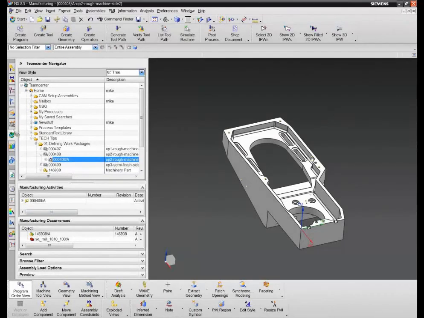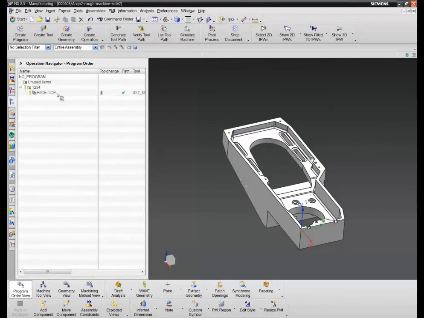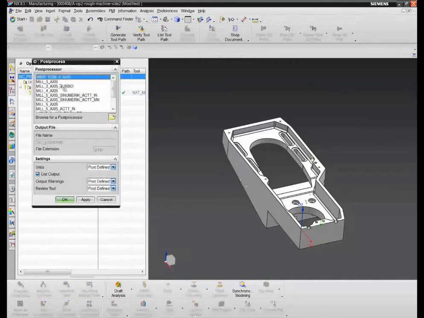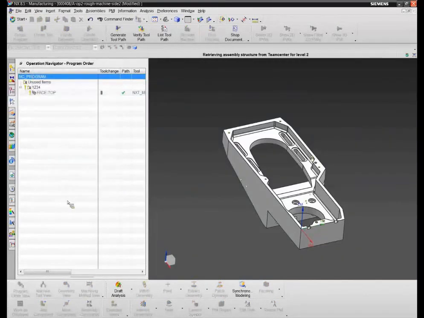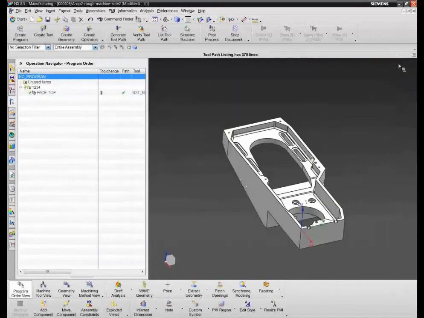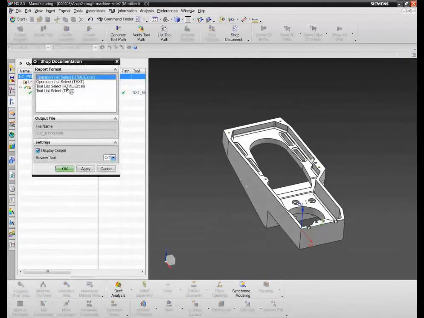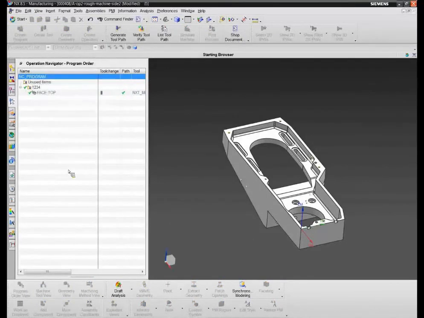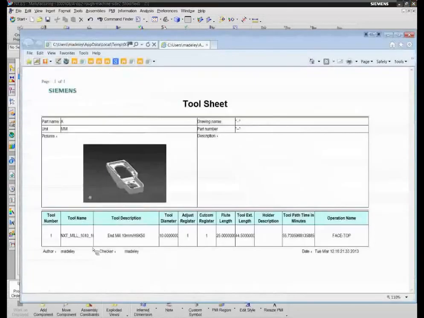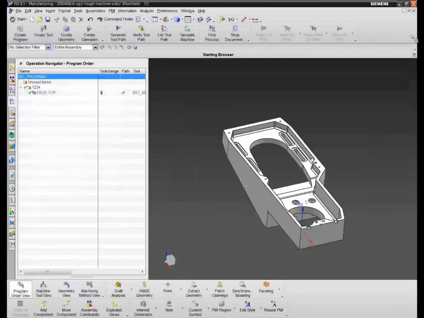If we take this operation and we actually do some post-processing, we pick the mill 3 axis and post-process this. We could pick a simple shop doc, take a tool list, and create it. We know we've only got one tool, but we get the shop doc created. When we actually save this information again,